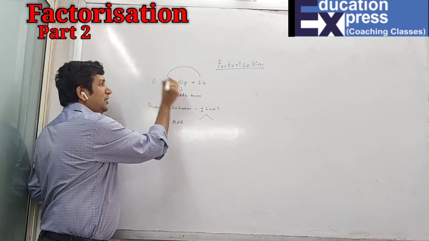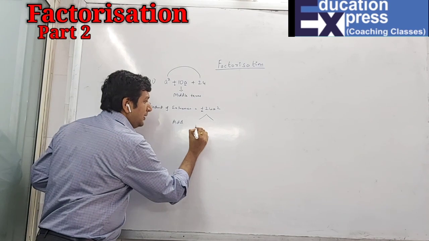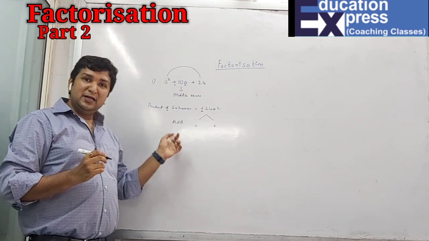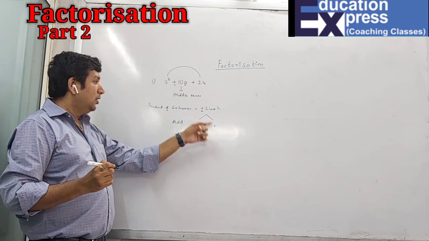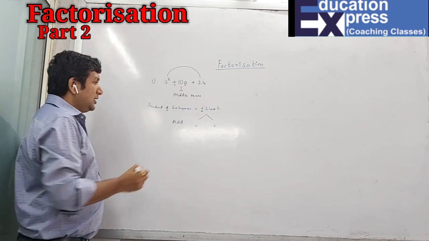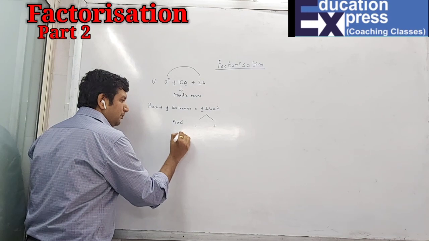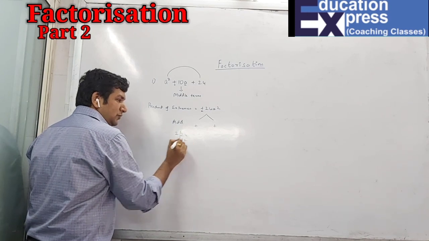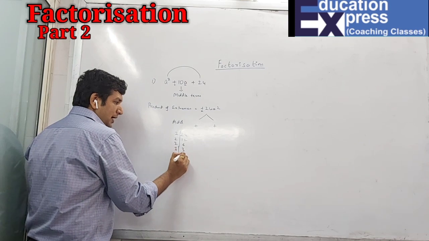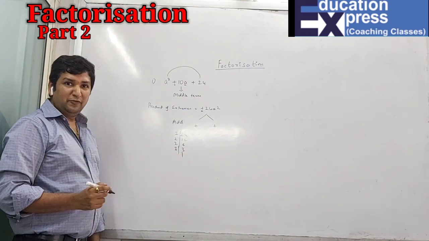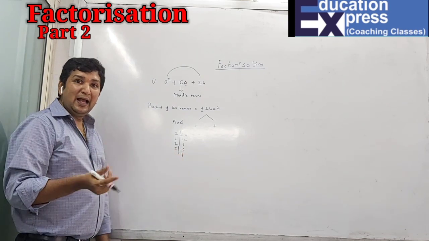And can you see the middle term ka sign? Plus. That means both the numbers will have plus only. And these numbers after adding will give you what? 10. And on multiplying the same numbers, you will get what? 24. So I'll just find the factors of 24: 2 12s are, 2 6s are, 2 3s are, and 1. So now I need to what? Find the factors which I will add and get what?